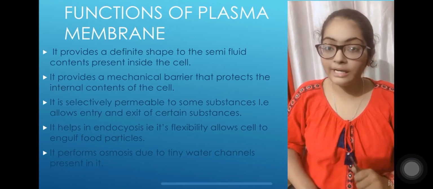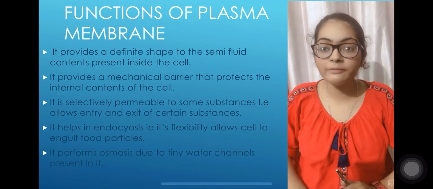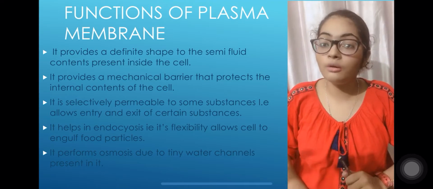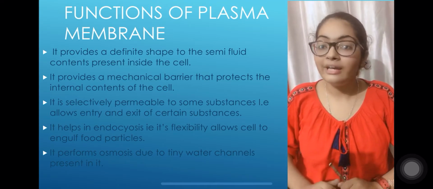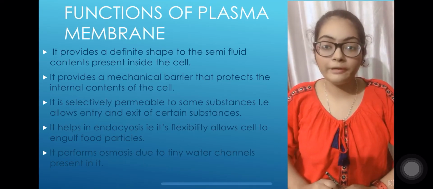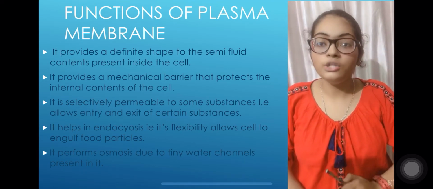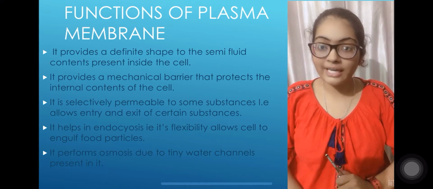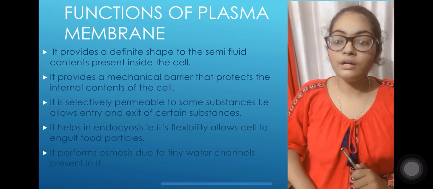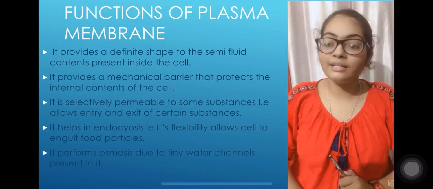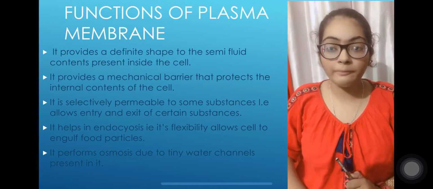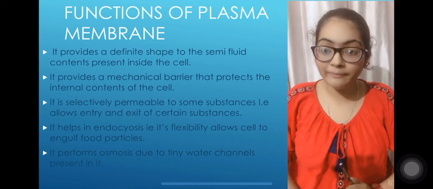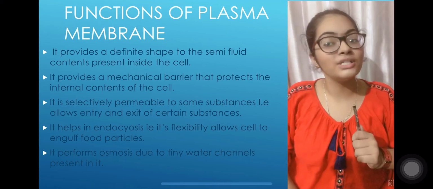Bilayer of lipid. I again repeat, it is bilayer of lipid. And what is the lipid called? What is the special type of lipid? It is called phospholipid. In the pic attached, you can see the protein sandwiched between two layers of lipids. Can you see it? It is bilayer of lipid. Protein is sandwiched between two layers of lipid.